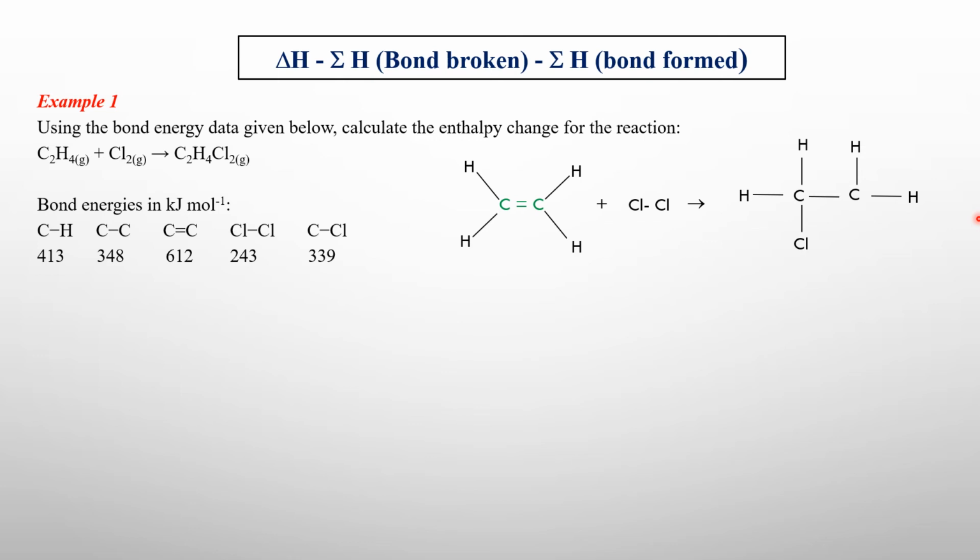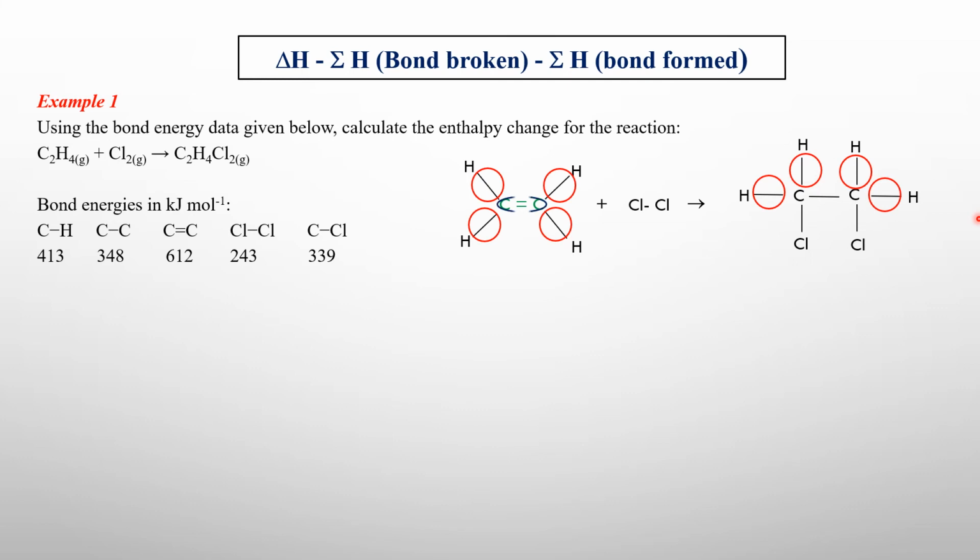Now that we have drawn the product, let's see which bonds are the same on the reactant as well as on the product side. You can see the carbon-hydrogen bonds: 1, 2, 3, 4. There are 4 carbon-hydrogen bonds on the reactant side, which are the same as the carbon-hydrogen bonds on the product side. So these carbon-hydrogen bonds are not affected. They are neither broken nor formed. They remain unchanged, so we don't have to do anything to them. What we will do is break the remaining bonds. The remaining bond that will be broken on the reactant side is this bond here.